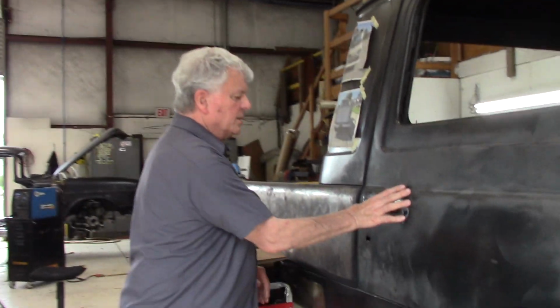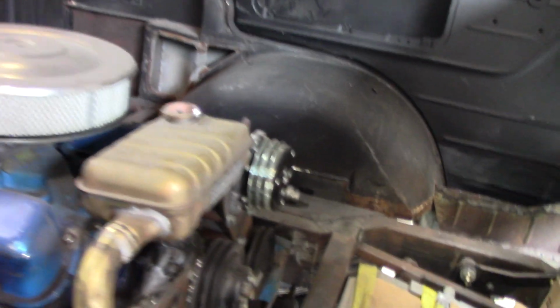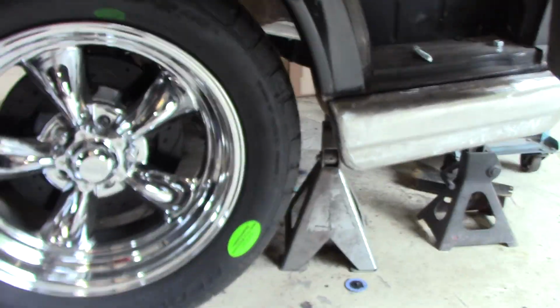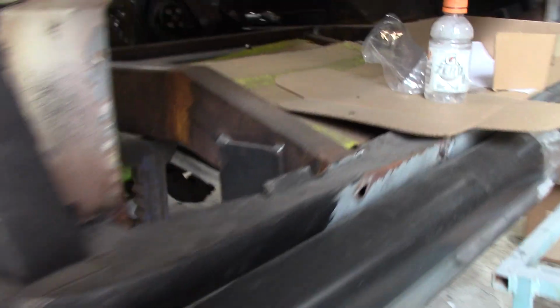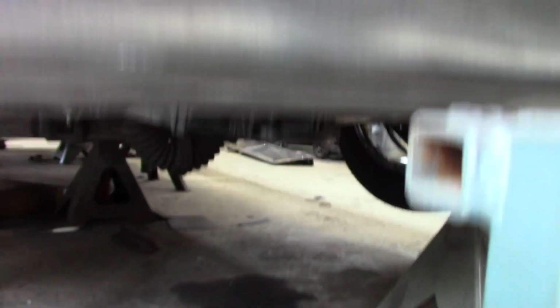We do strange kind of handles. We put motors in places, and it's interesting trying to get a steering system for wheels that are behind you. Also, how do you get air conditioning in a vehicle that doesn't have room for it? So we have engineered and laid out how the air is going to flow. We've got a builder, fabricator of radiators that help us build things that are a little unusual and a little strange. And I can say that with all confidence,